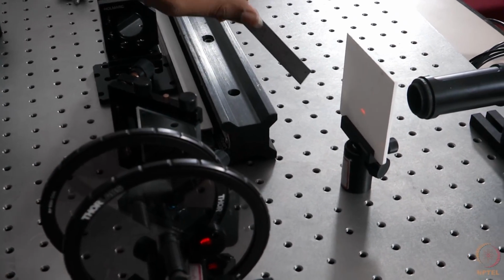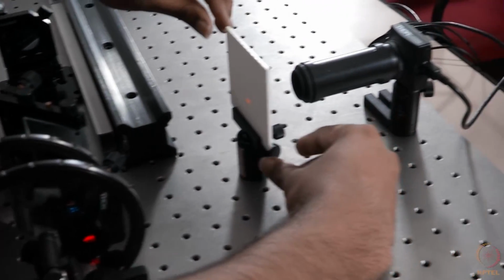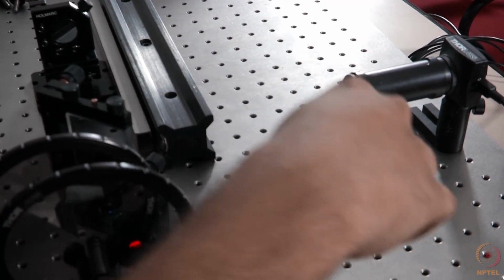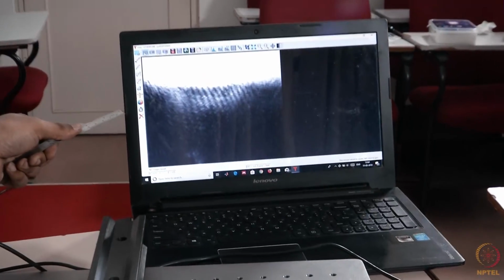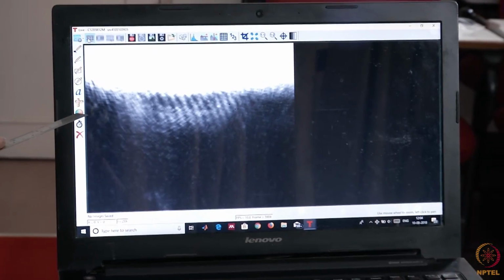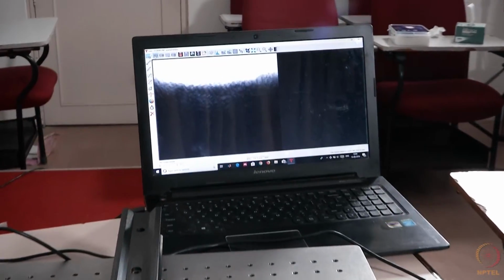When I am sure that it has got to a minimal level of intensity, now I can remove the screen such that the light beam falls on the camera. Now you can see the fringes are appearing on the camera. Even here the camera is getting saturated, so we need to increase the attenuation. I am rotating a bit more. I think I will stop here.